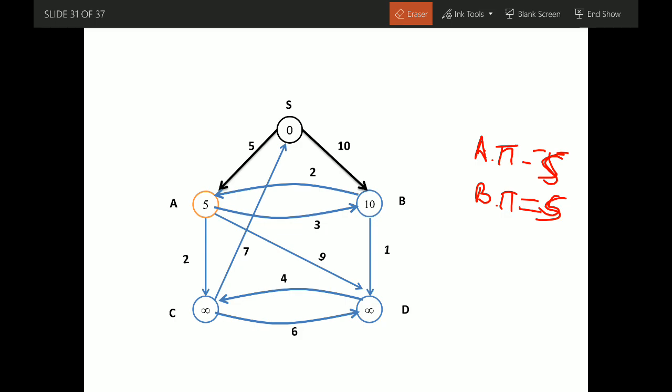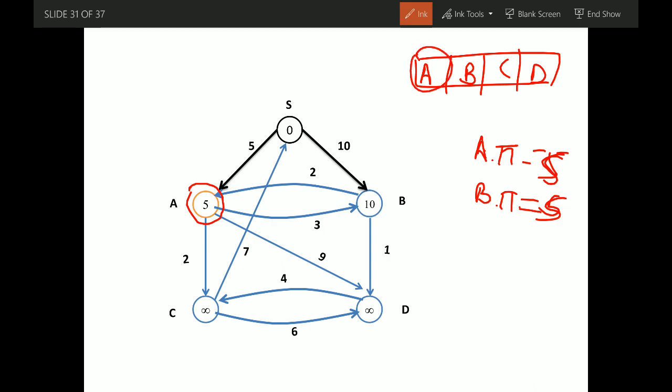And now we have also highlighted with a different color which vertex will be chosen next. Currently, after this we have 4 vertices in the queue, that is A, B, C, D, and A has the minimum shortest path estimate, that is 5.